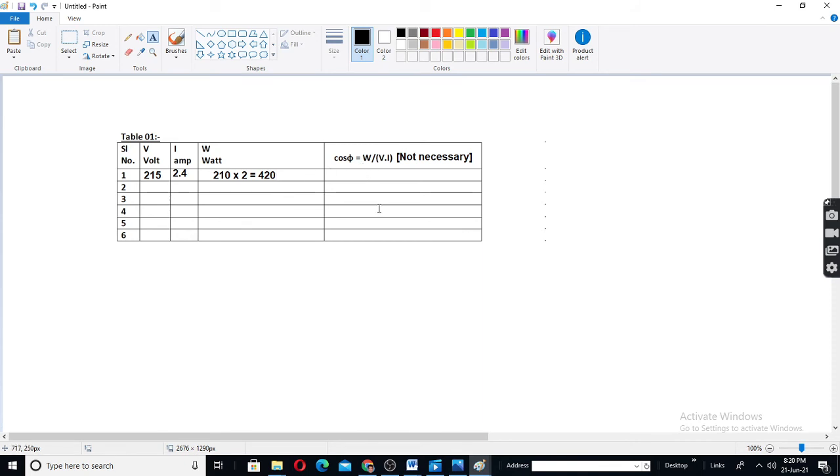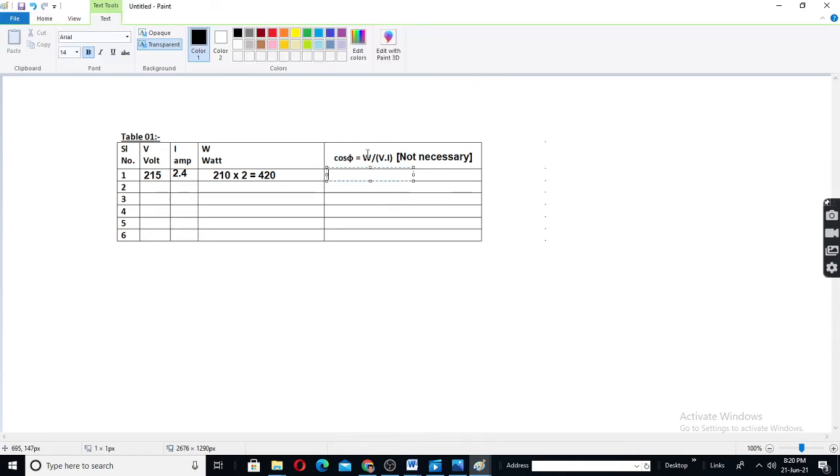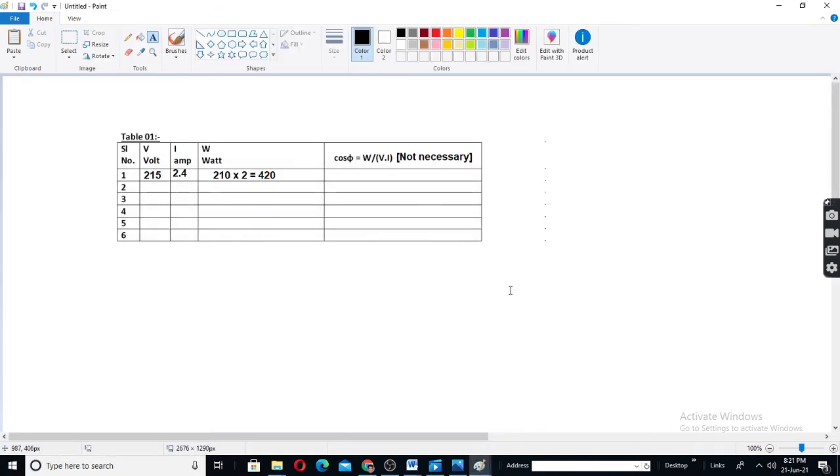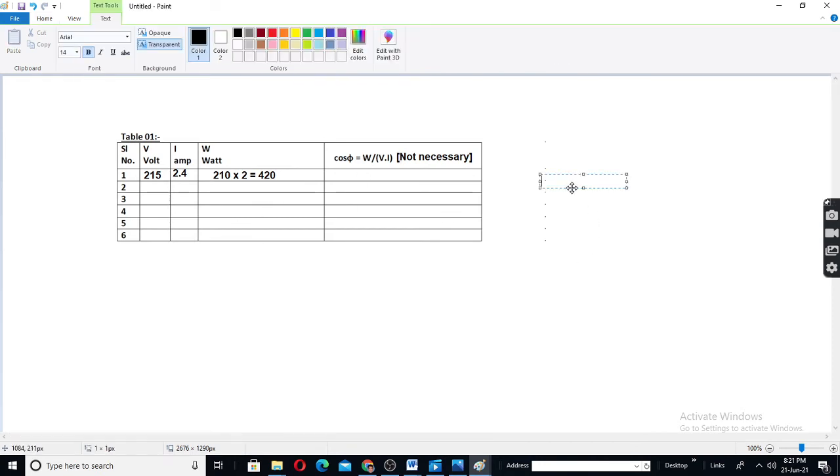See, cos phi is not asked in your syllabus, but cos phi is equal to W by VI. So if you take a calculator, you can write here W by VI. W is how much? 420.